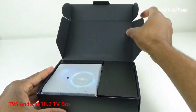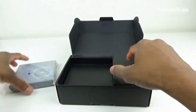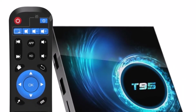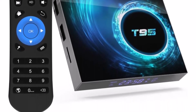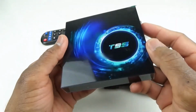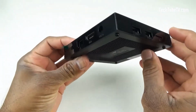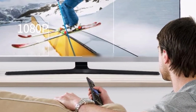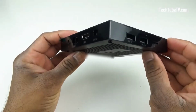Number 4. T95 Android 10.0 TV Box. Seeking a powerful and versatile TV box to transform your home entertainment experience? Look no further than the T95 Android TV box. Boasting an impressive array of features, this compact device delivers exceptional performance and seamless connectivity, making it an ideal choice for discerning tech enthusiasts. Powered by the robust Allwinner H616 quad-core processor and equipped with 4 GB of RAM, the